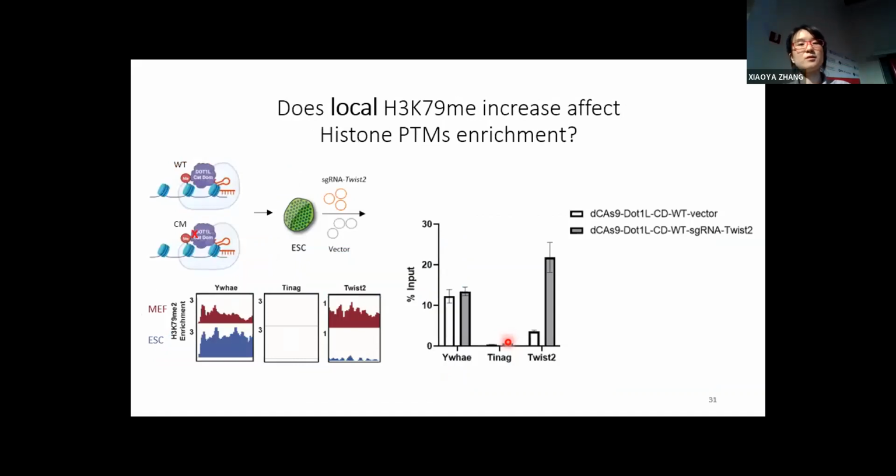So that was for global K79 methylation increase, which is not directed. It might happen at the location that we didn't want, or didn't expect. So to precisely increase K79 methylation at specific locations, I also built a cell model with dead Cas9 fused with the DOT1L catalytic domain. And I used the wild type and again the catalytic dead mutation